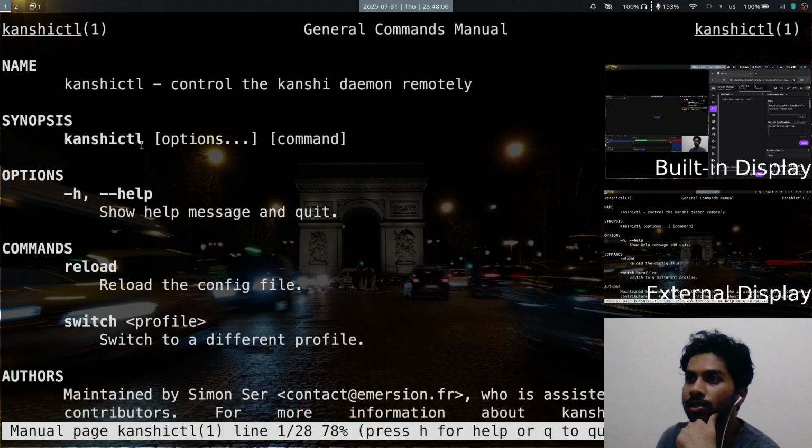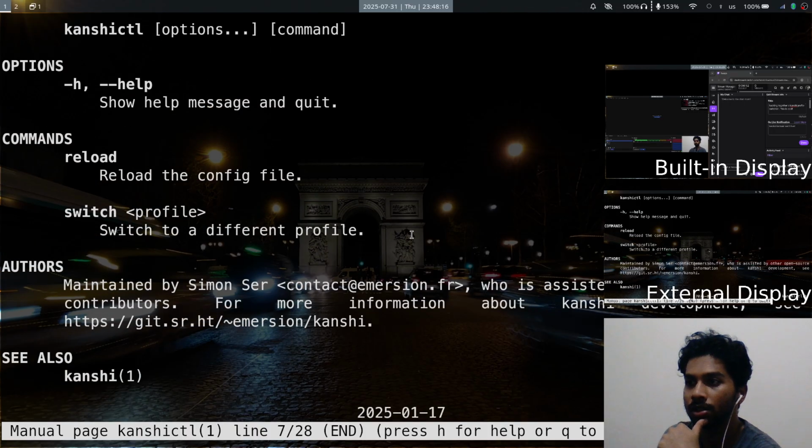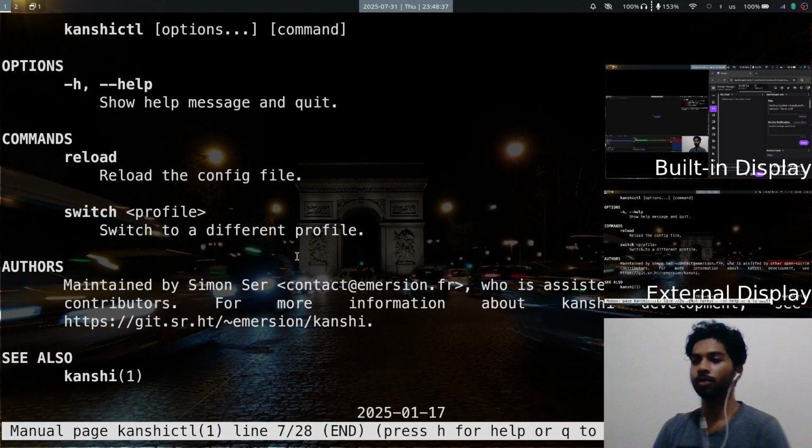Now I need to figure out a way to show the list of all the kanshi profiles, because my config is not simple and there's no way for kanshi to show all of these. Should I look at the source code? At some point kanshi would have all of it together, but there's no way for me to hack into that. It's going to take too much time. So instead, what we're going to do is